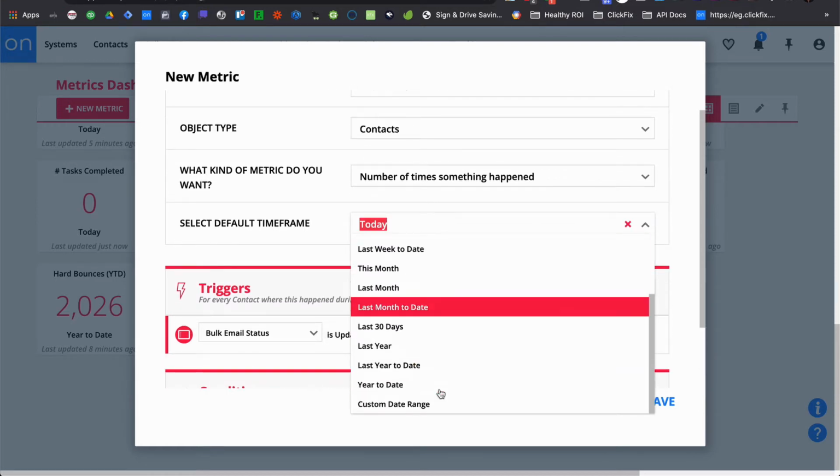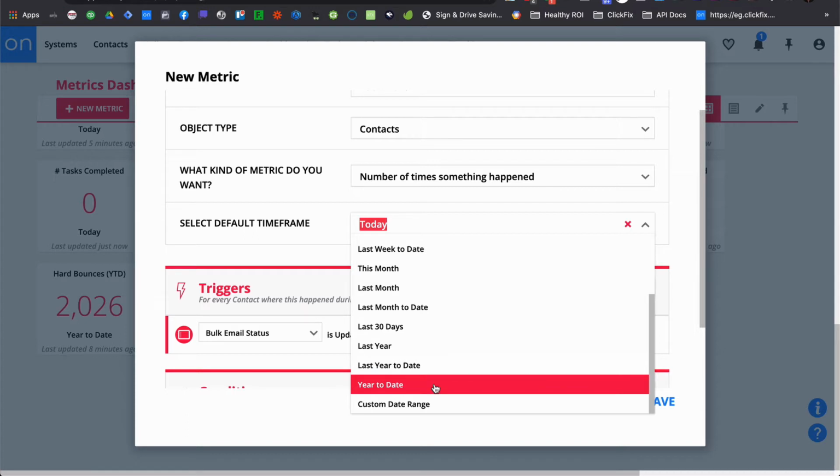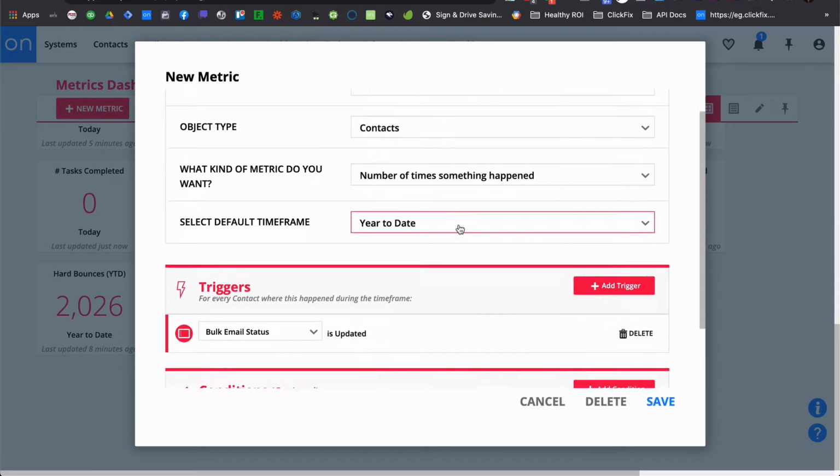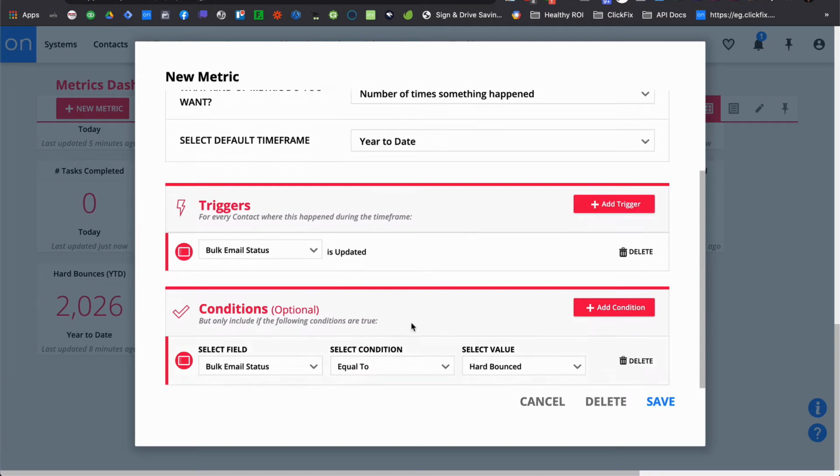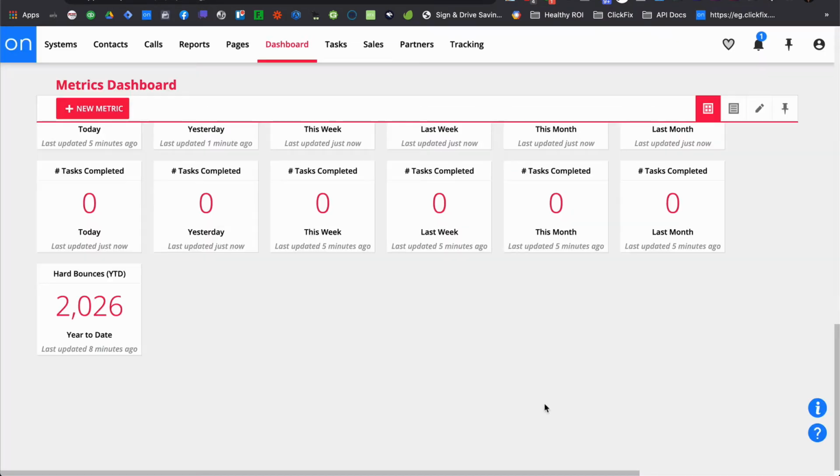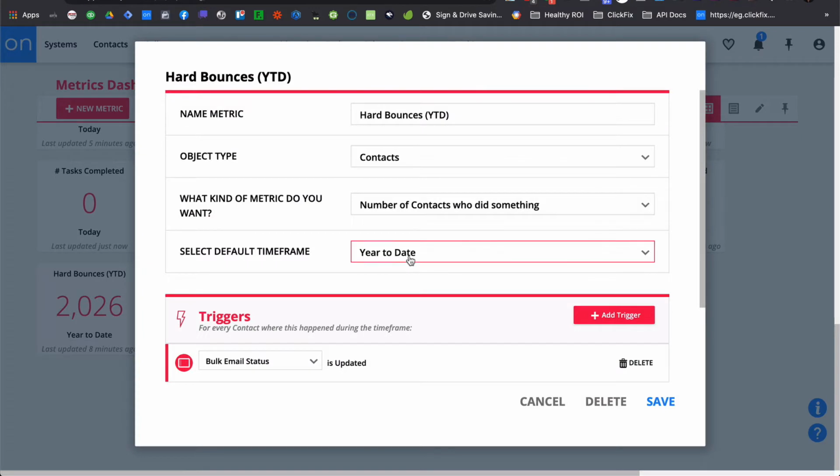And like I said, I do the year to date just so I can keep a tab on it cumulatively, right? And that's it. You'd hit save and there are some other ways to do this as well, but you